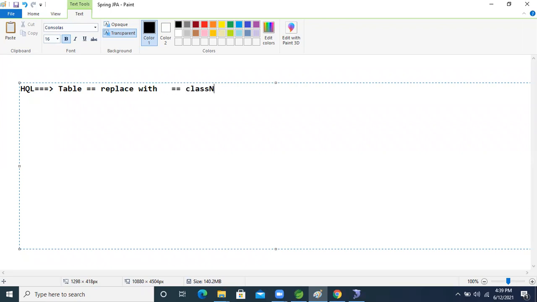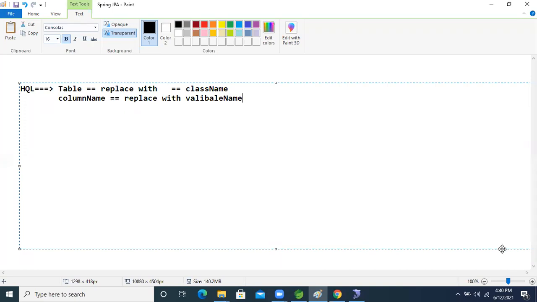Class name, guys. And column name is replaced with what? Variable name.